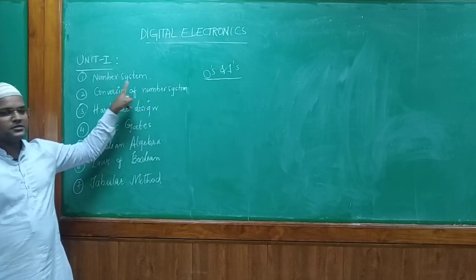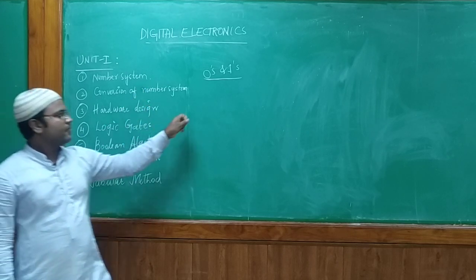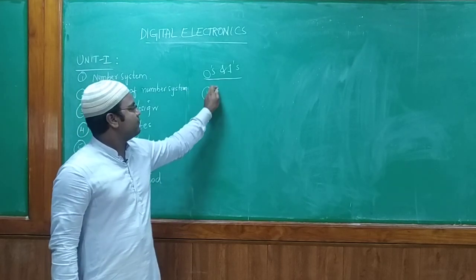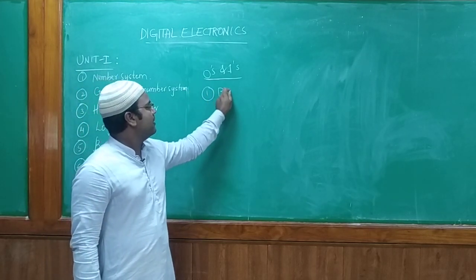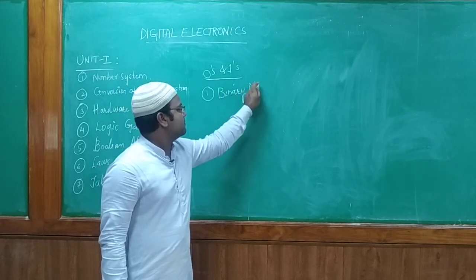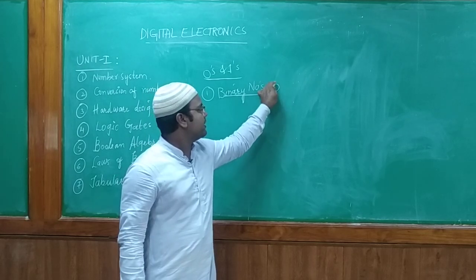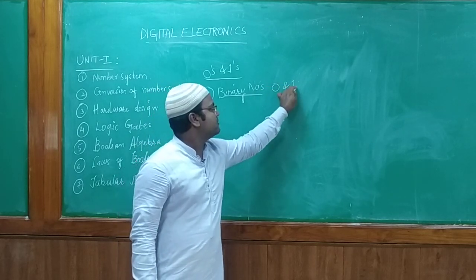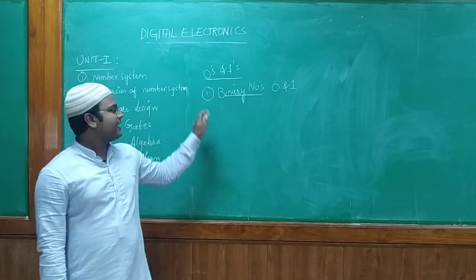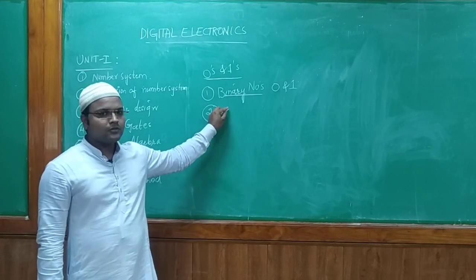So in this number system, we are going to understand there are different types of number systems. We'll have the first concept that we're going to learn. The first one is the binary number system. So what is the meaning of binary number system? In that we are going to take 0 and 1 and its combination. Then second, we are going to understand the concept of octal.